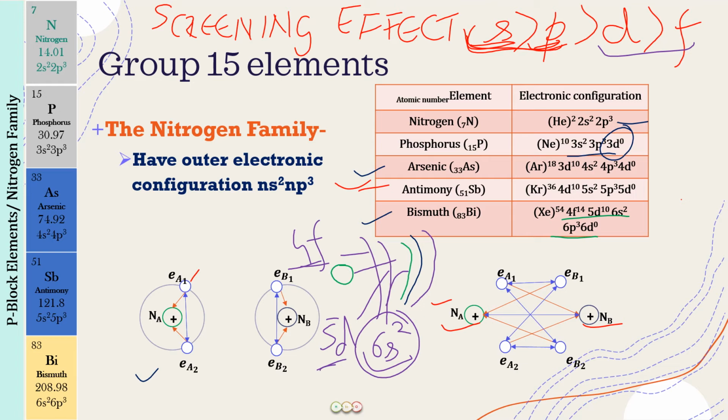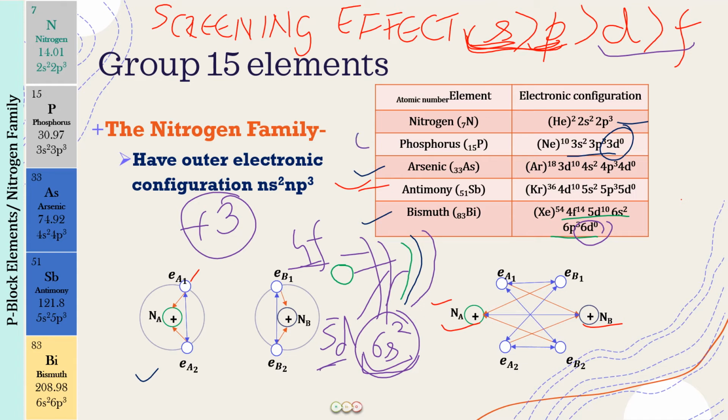So that is why it sits in its place. It is not being repelled much, so it wants to sit in its place. It does not want to leave its place and move into the 6d orbitals. And that is why we see the +3 oxidation state. So these electrons are acting inert. They do not want to participate in bond formation because they are not feeling that repulsion to go out. Okay, I hope this is clear.